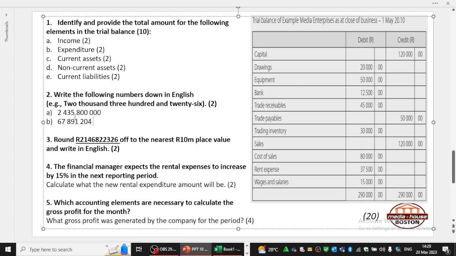So this is how you will read the amount: 2,435,000,000 and 800,000. So 800,000, we are saying it because it's the solution and because this is the last number within the amount. So therefore you're gonna be having 2 billion